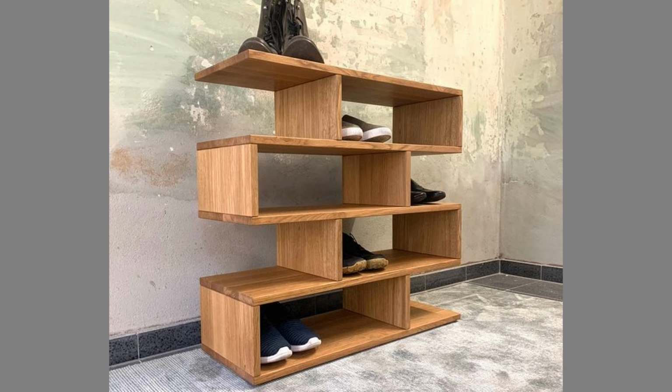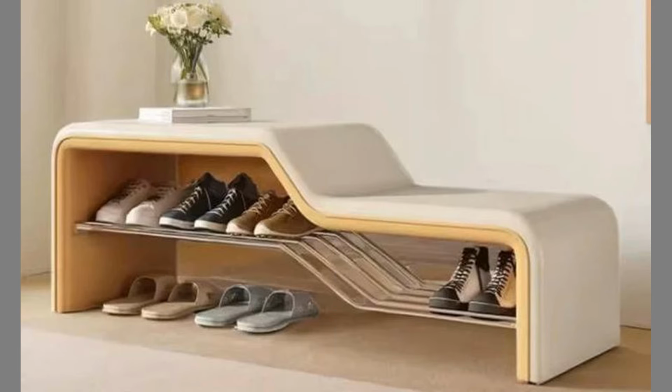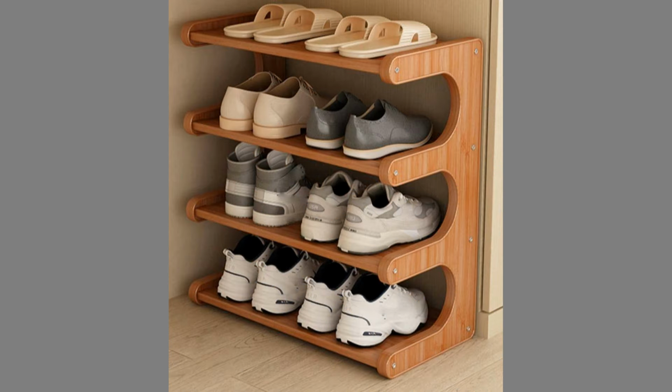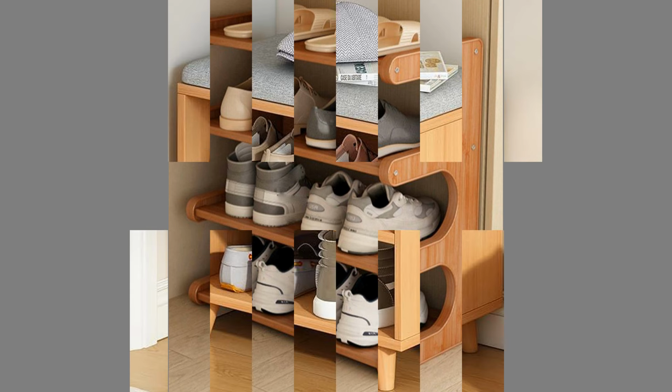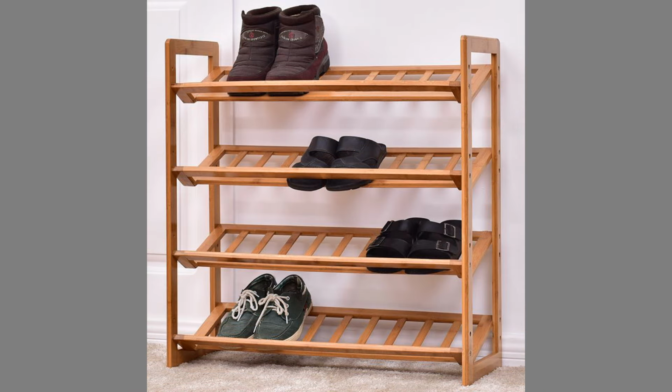One of the primary reasons shoe racks are now seen as essential decor elements is their ability to organize and declutter spaces. In homes where entryways and mudrooms serve as the first impression, having a designated place for shoes can significantly enhance the overall aesthetic. A cluttered entrance can detract from the visual appeal of a home, making it feel disorganized and unwelcoming. By incorporating a stylish shoe rack, homeowners can create a tidy and inviting environment. This organizational aspect is particularly important in smaller spaces, where every piece of furniture must serve a dual purpose, functionality